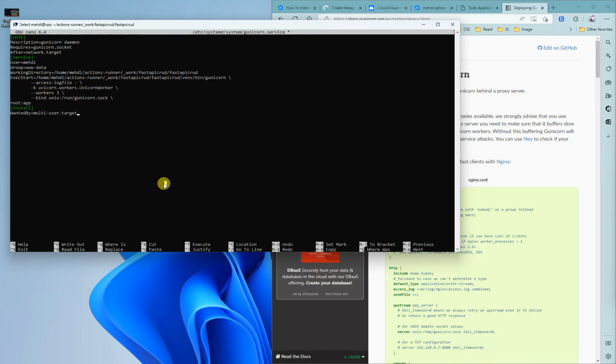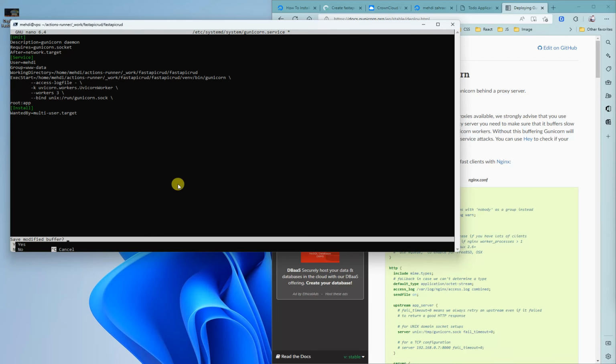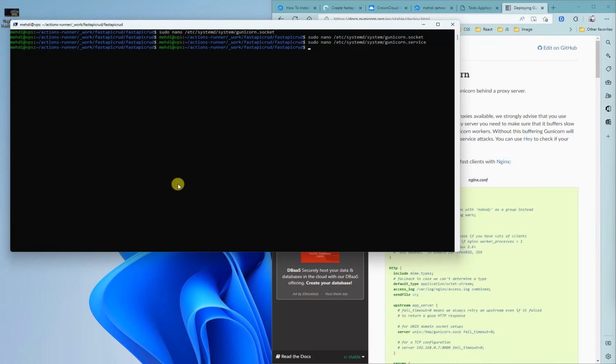Now let's save it. Control X and yes. And if I type pwd, you can see that was the path of our work order, our FastAPI CICD